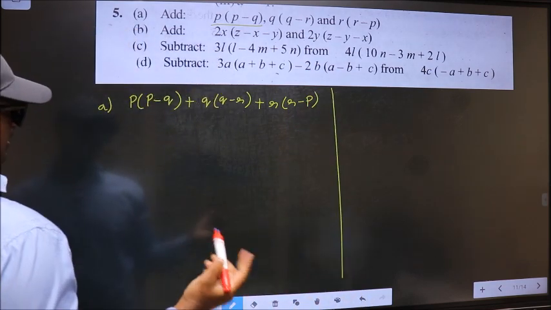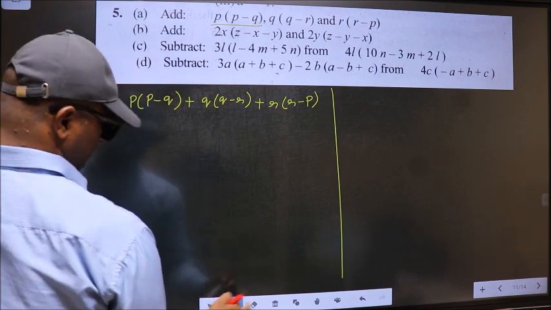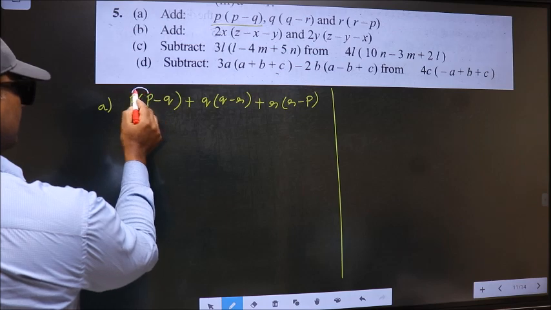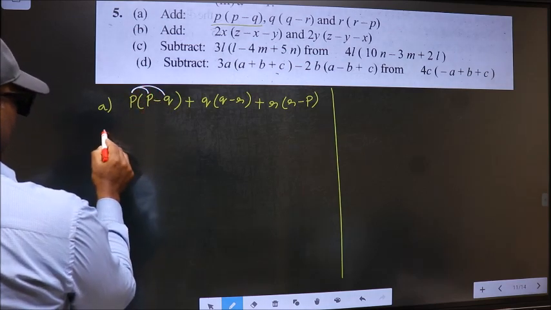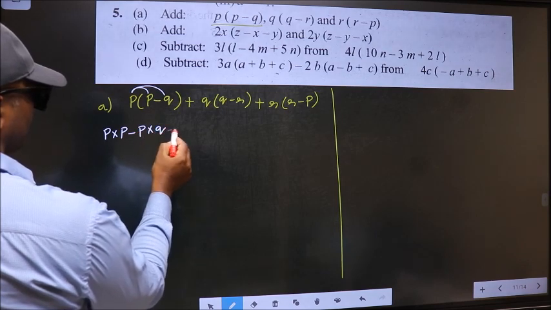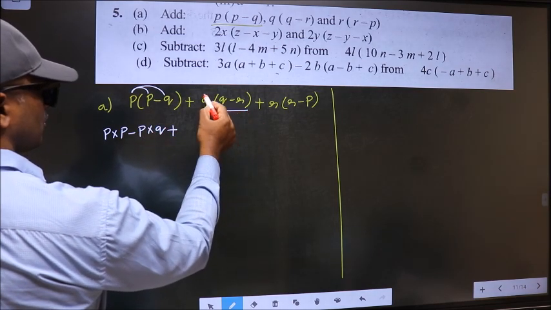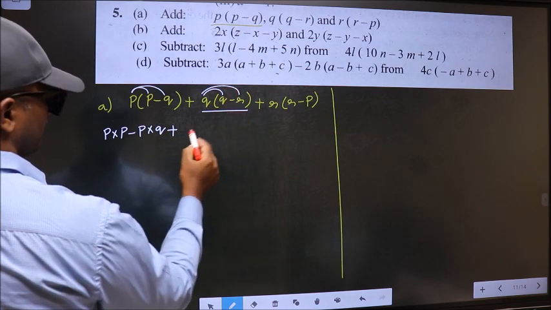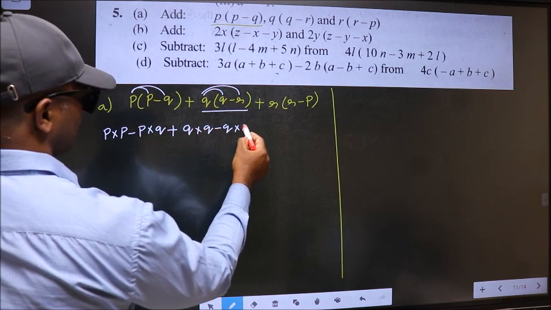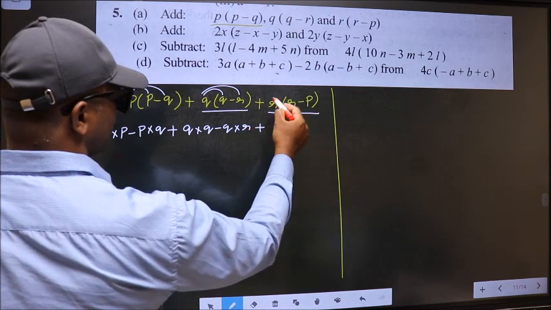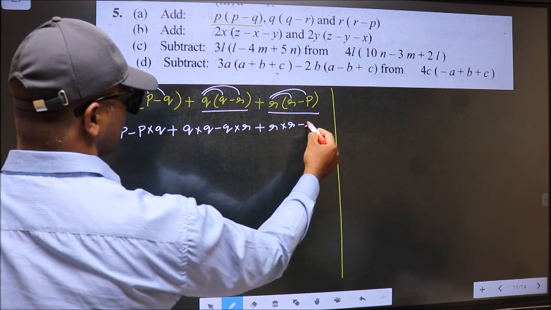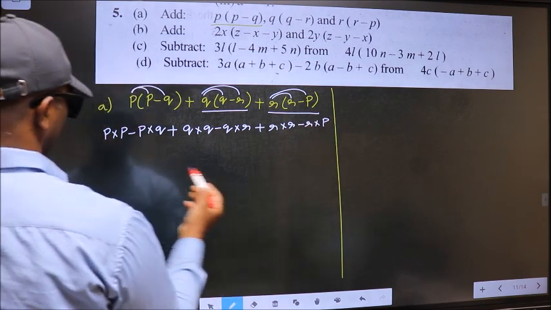Okay, next. Now here you should open up the brackets in this way, that is p into p minus p into q, plus, here also we should open up the brackets in this way, that is q into q minus q into r, plus, here also we should open up the brackets, r into r minus r into p. Now here